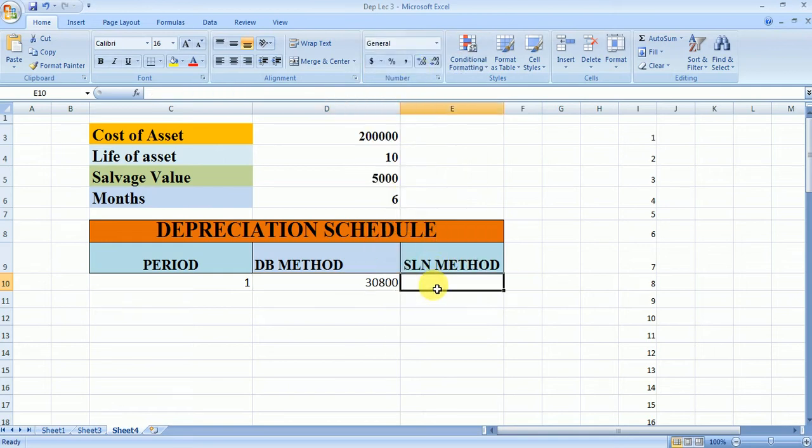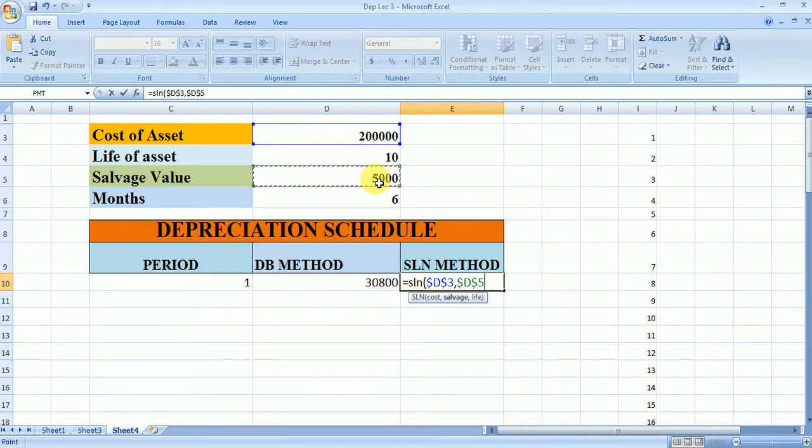Now for the SLN method we have to use the SLN function. So the cost, which is fixed, then the salvage value, which is fixed, and the life, which is fixed. This is the depreciation according to the SLN method, but in the first year we need to calculate the depreciation for 6 months only.